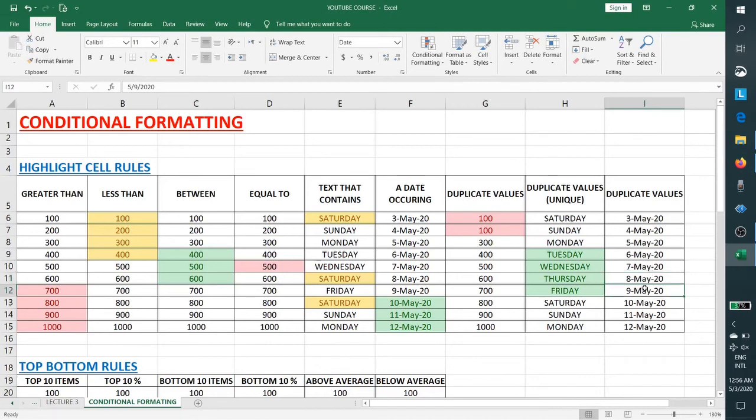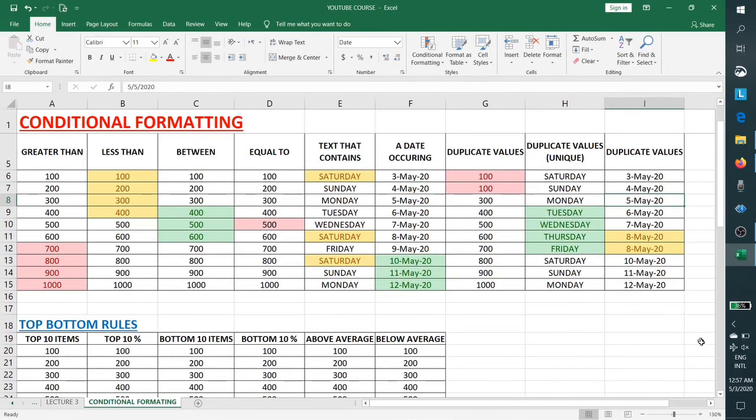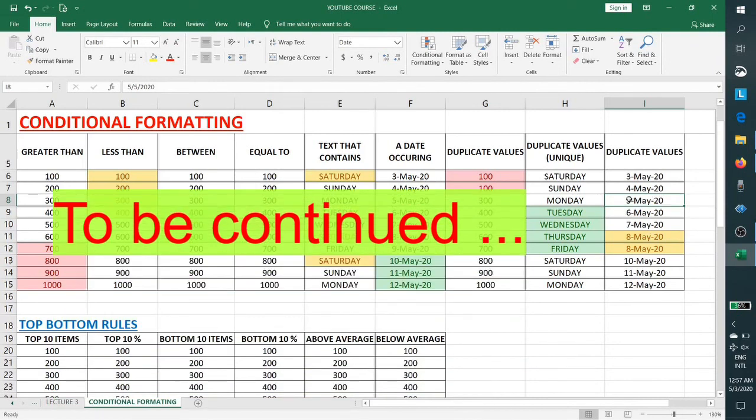So let us copy this cell and paste here. Now you can see 8 May, we have two duplicate values. And how did I paste it here? In a blink of a second, I just pressed Ctrl D. With Ctrl D, you can just duplicate this value to the cell where you are pressing Ctrl D. Let's try Ctrl D here. So we have a 5 May 2020. If we press Ctrl D here, it will copy 4th May here. Now you see our duplicate values are working very fine.